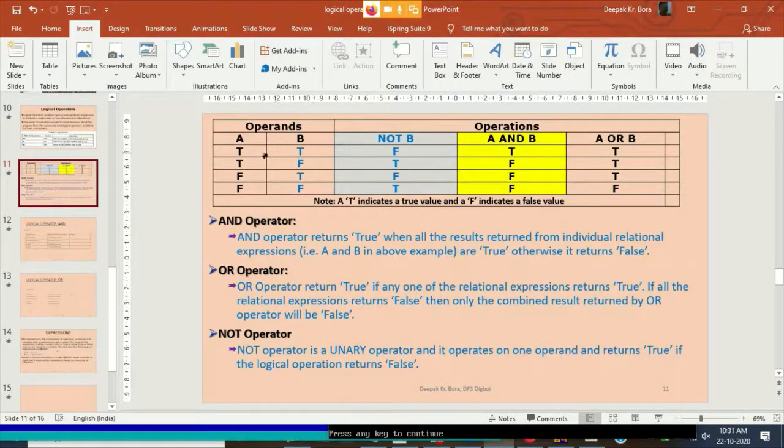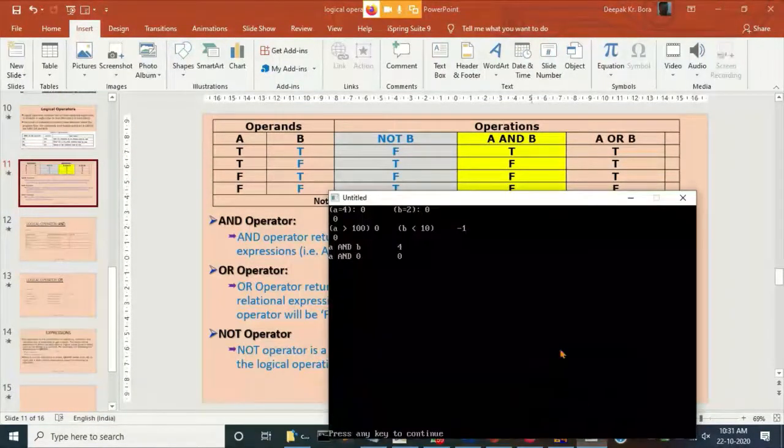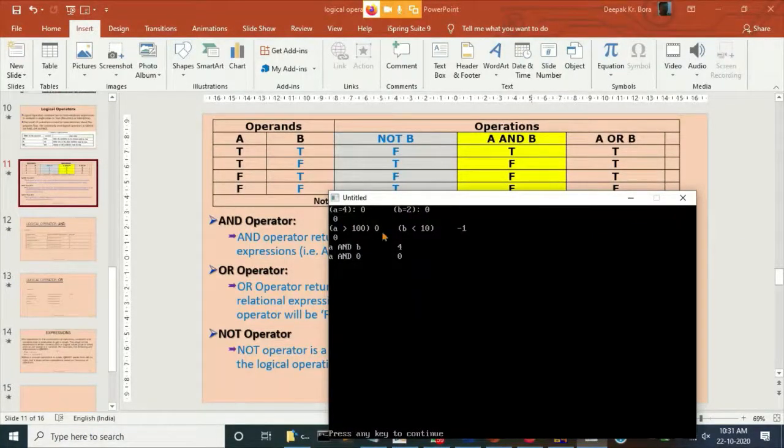If both are true, then only we are going to get true. If any one is false, the output is false. Is it clear? See here, that is the same thing. Both are false, output is false. One is false, output is false. Both are true, the output is true. And if any one, A or B, is false, the output is false. Is it clear?